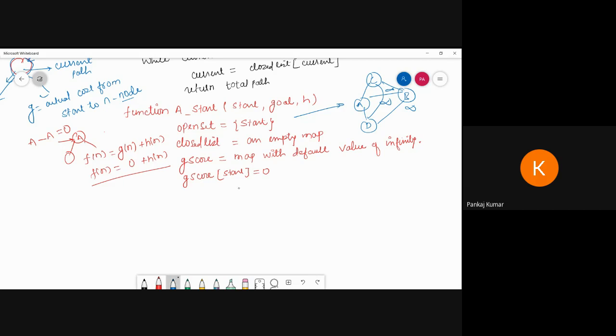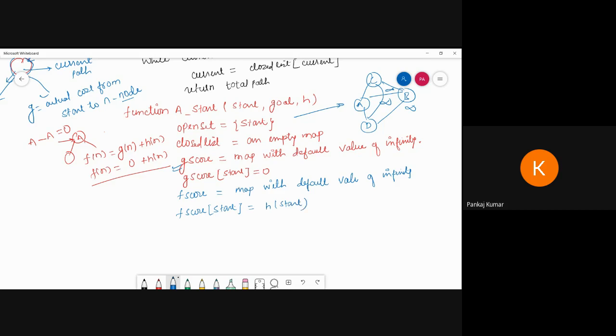So after this, same process I'm going to write. I'm repeating this same for the F score. So F score is the same, map with default value of infinity, and we can start F score of start is equal to h of start.